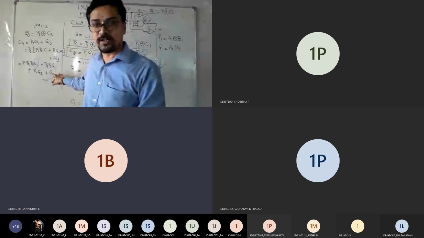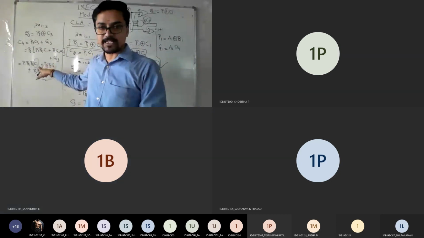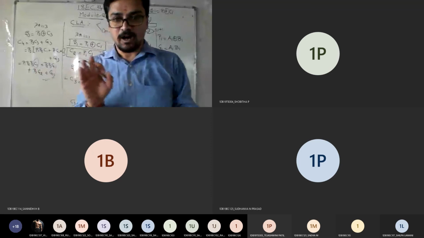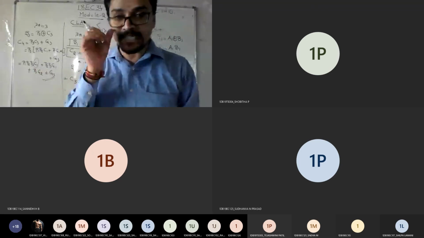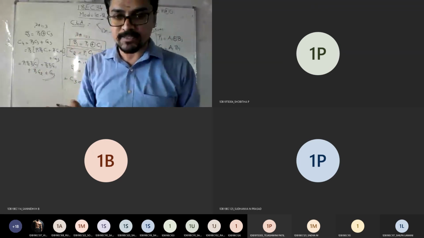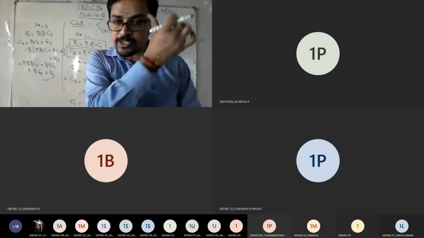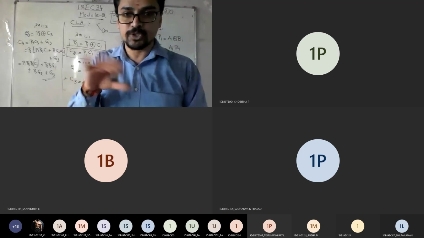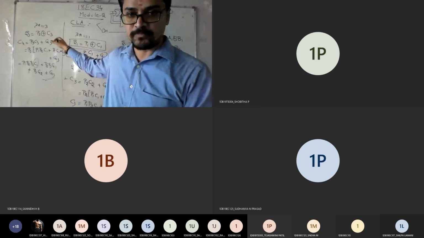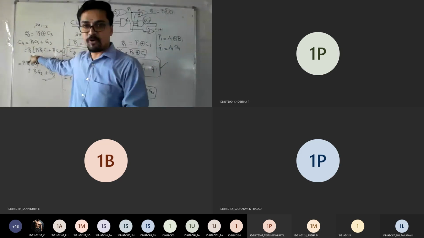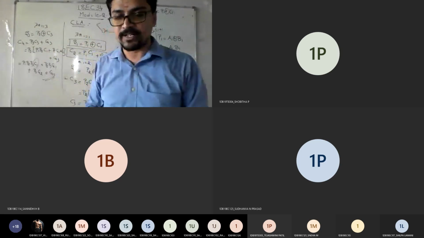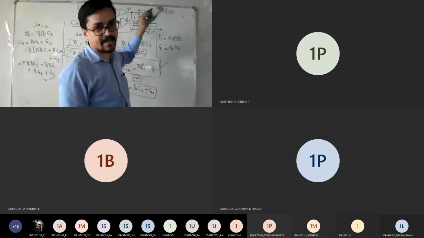Then we concluded that the C4 expression is depending only on the carry C1, and it is nowhere concerned with C2 and C3. That is what we did here. Our agenda is to make sure the carries do not depend on the previous carry outputs. So now we proved C4 is not depending on C2 and C3. It is depending only on the first carry.